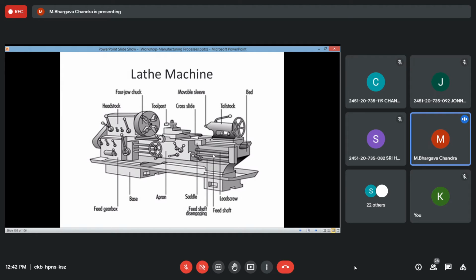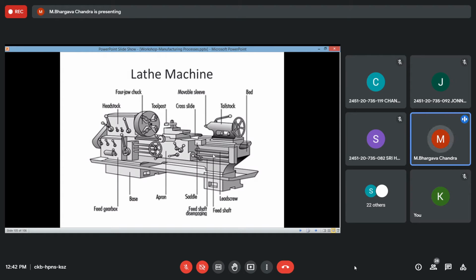That will be written in the form of a code, and once that code is given, the machine itself will perform all the required operations like drilling, milling, boring operation, turning operation, taper turning operation. Everything will be coded, right? And it is computer controlled. As such, it is called a CNC machine or CNC lathe machine. That also you'll see in some of the videos.